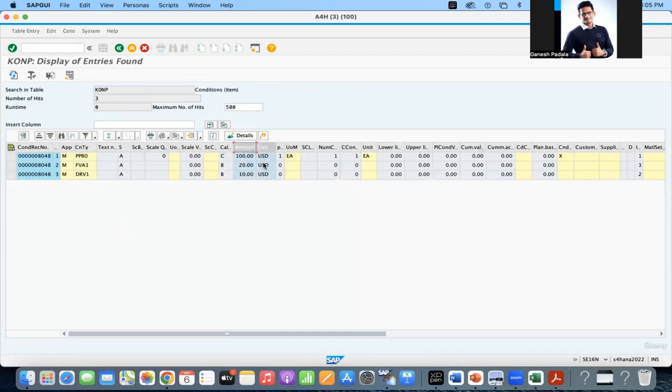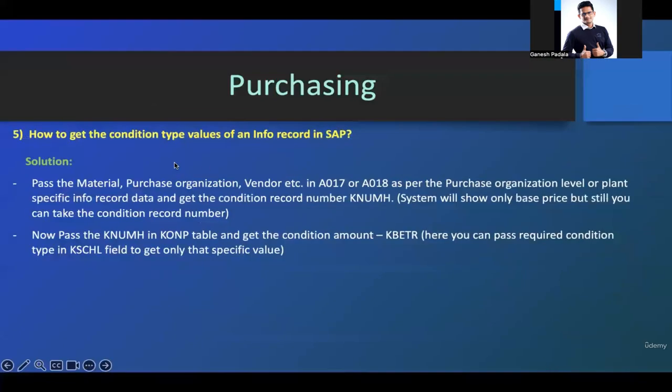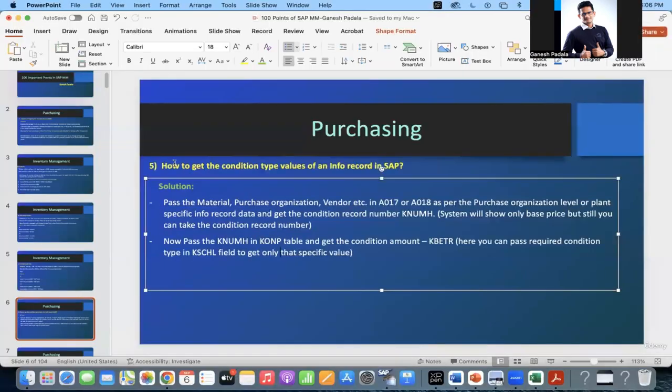If it is a percentage, we need to check where the amount was getting stored. See 100, 20, and 10. So this is the way you can get the details of an info record, what condition types are available and what the amounts related to those condition types are. So I hope you got the required knowledge for this. And now we